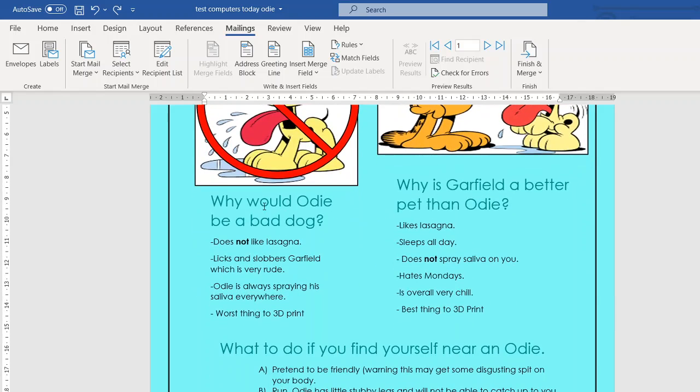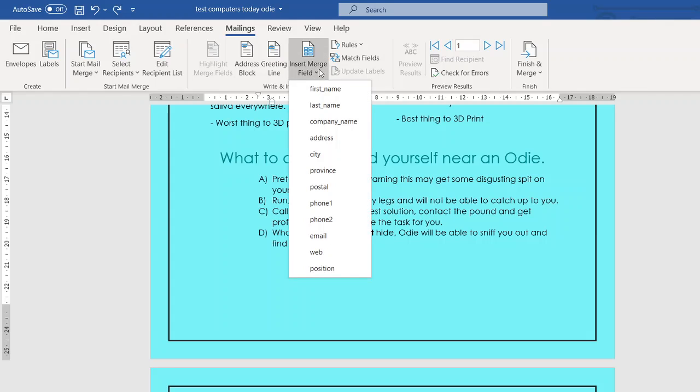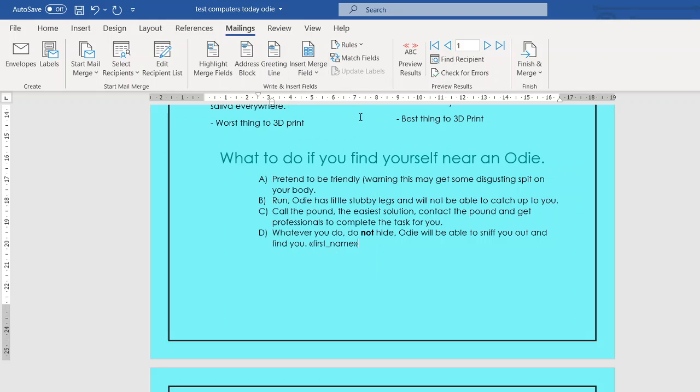Alright, so basically in mail merge, you're usually going to want to write your text, and you have these insert merge fields. So you're going to insert first name, last name, whatever you want. And basically, at the end, you'll have your 10 files, and all of them are going to change depending on who it is. So for example, if I click first name here, and then I complete the merge,